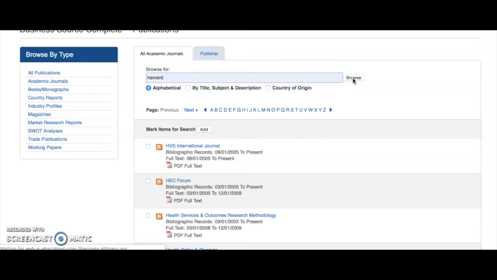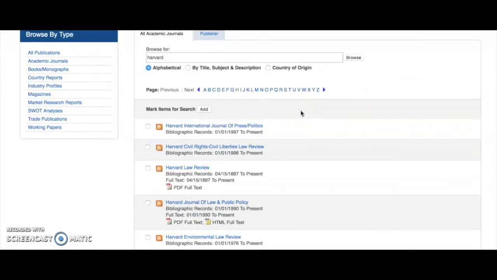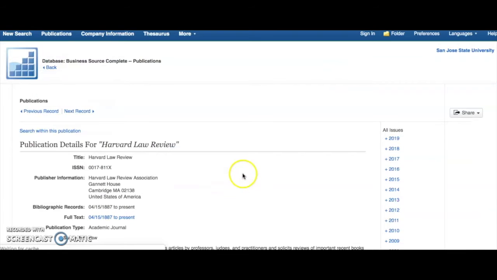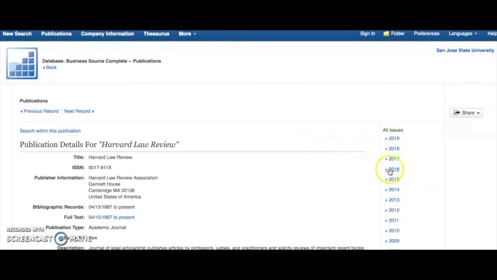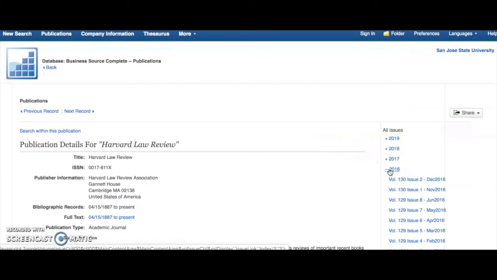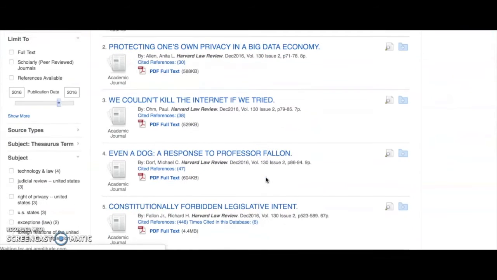We're going to type in Harvard and browse for that. We're looking for the Harvard Law Review that your professor recommended and that you use. By selecting here, you can see the whole run, pretty much an extensive run of the journal. But we're going to also limit by years. So the last 5 years, you can select anywhere in the last 5 years,